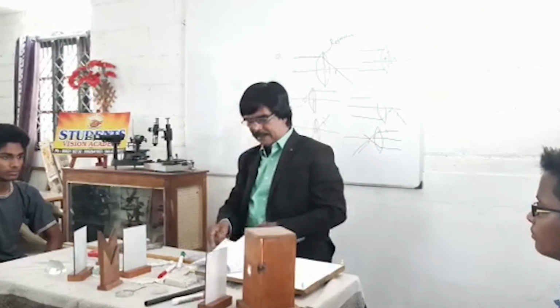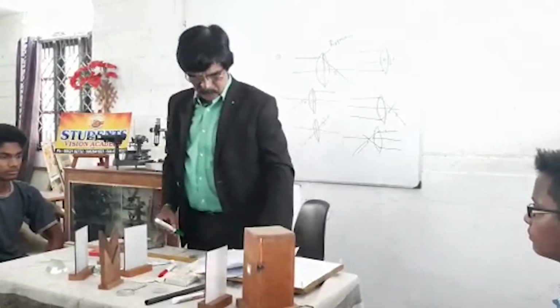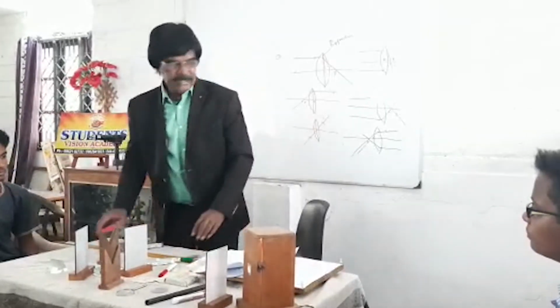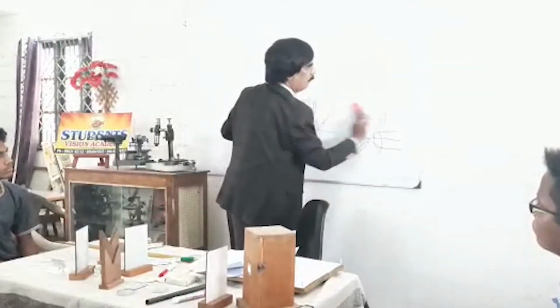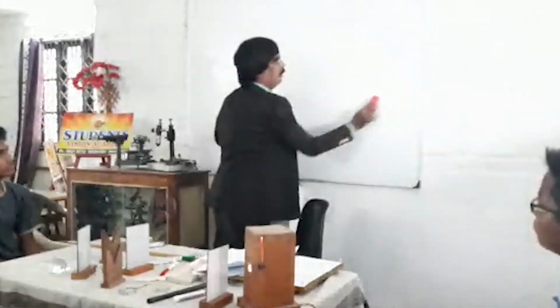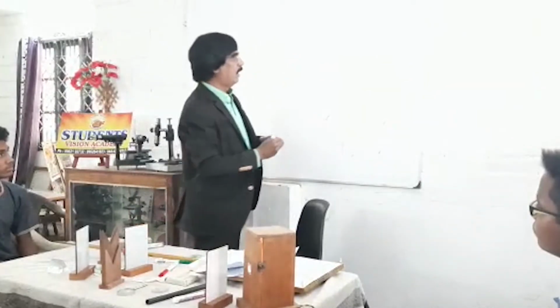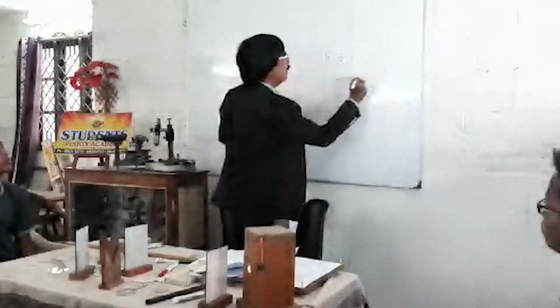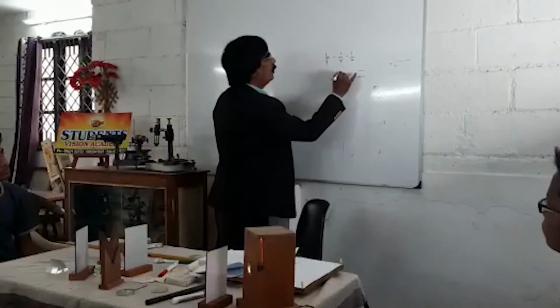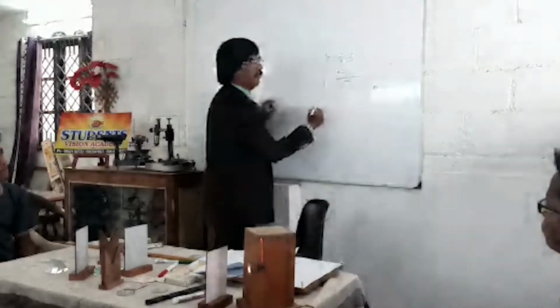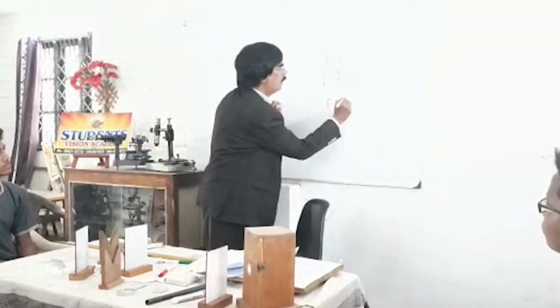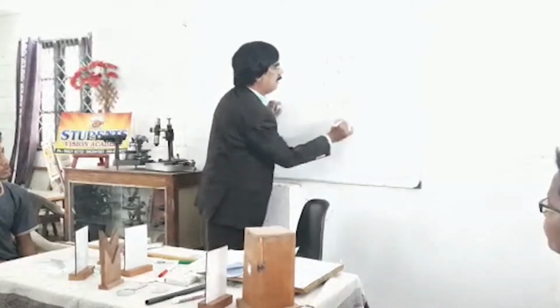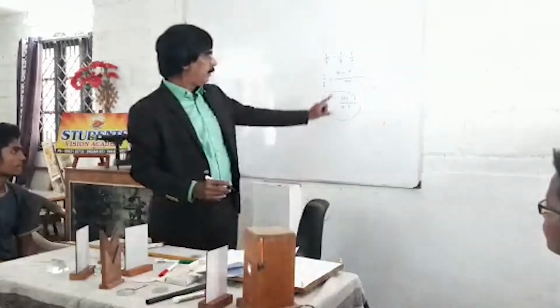And now we can take this formula. See, 1 by f is equal to, look here. 1 by f is equal to 1 by v minus 1 by u, where u is object distance, v is image distance, f is focal length. Take LCM as uv. 1 by f equals (u minus v) by uv. Now f becomes what? uv by (u minus v). Is it not? Is it right or not? f equals uv by (u minus v).